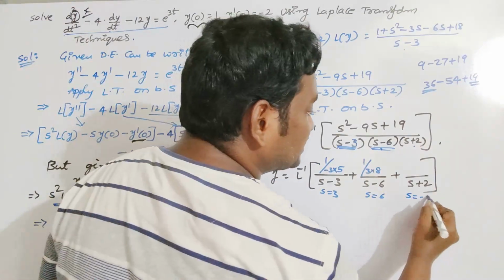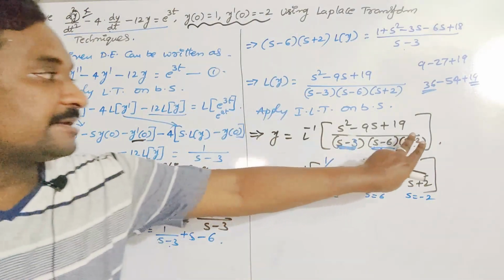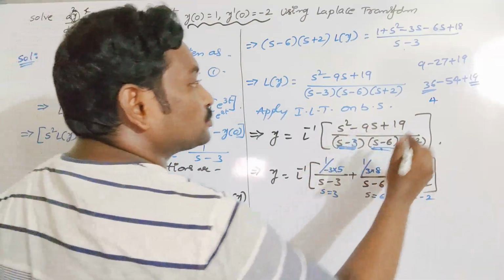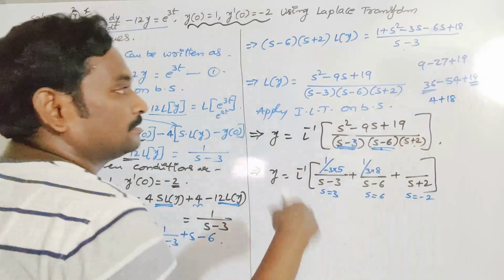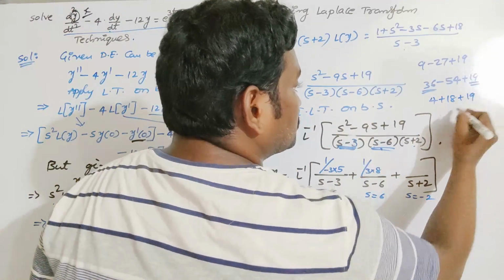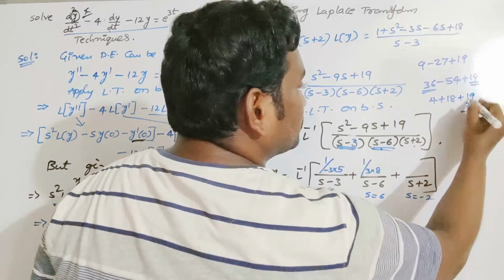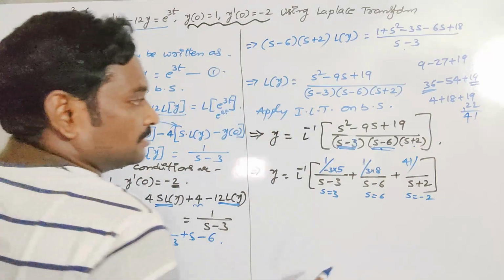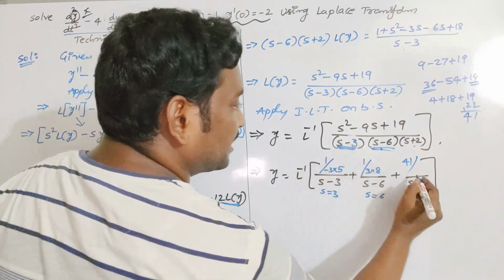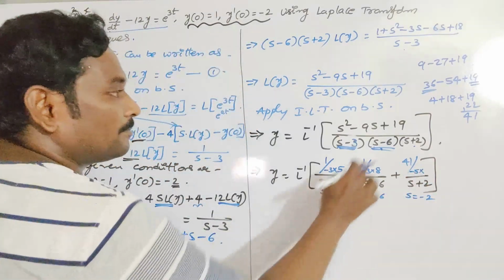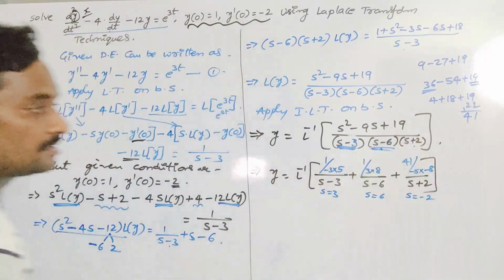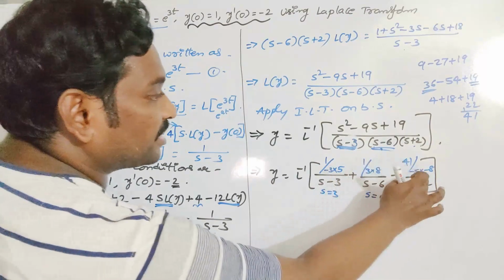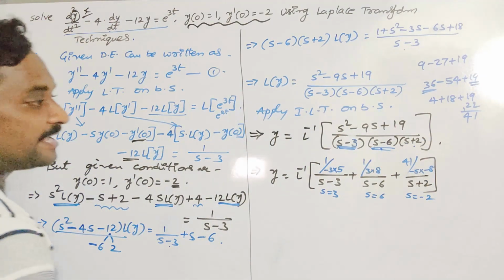Now finally we have to replace s is equal to minus 2 in the entire term except s plus 2. So minus 2 square is 4. Okay, minus 9 into minus 2, it would be 2 9s are 18. Already 19 is there. So you have to add 22 to 19. So I got 41. 41 is the numerator. And if we replace s is equal to minus 2 here, minus 2 minus 3, I got minus 5 into minus 2 minus 6, it would be minus 8. So minus into minus plus, 41 by 5 8s are 40. 41 by 40 is the numerator of s plus 2. In this way we can calculate it.